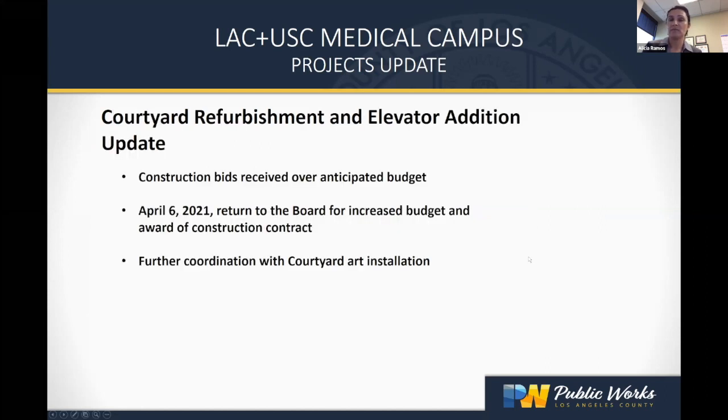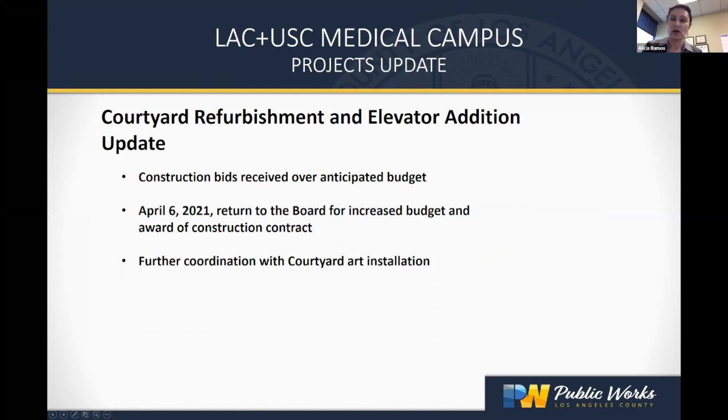And the courtyard refurbishment elevator addition update. This project recently went out to bid, but our bids came back higher than anticipated. So what that means is we've had to increase the overall budget on the project. That does require us to go back to the board. So we'll be going back to the board next week, April 6th, to request that increase in budget and to